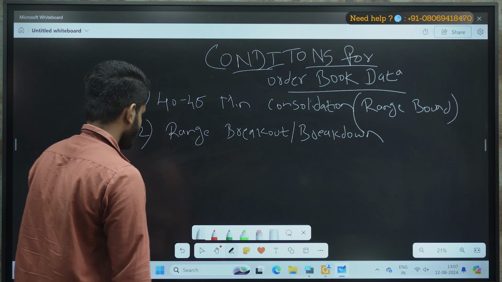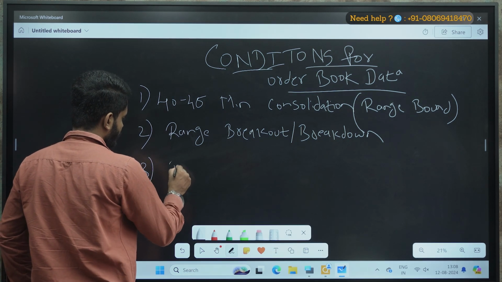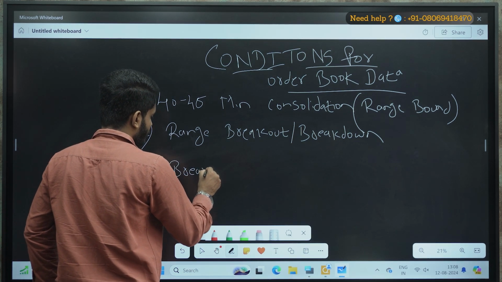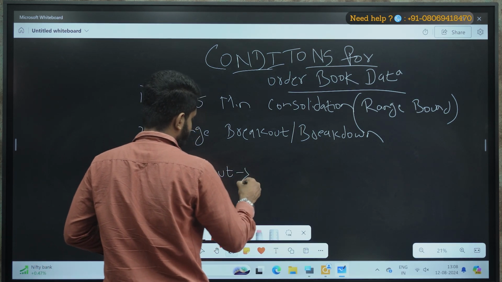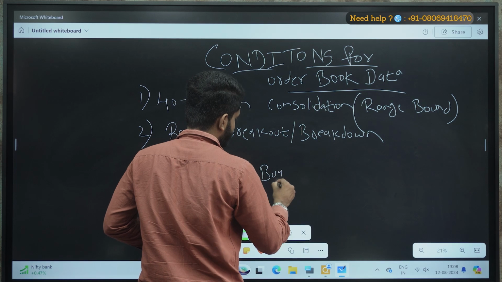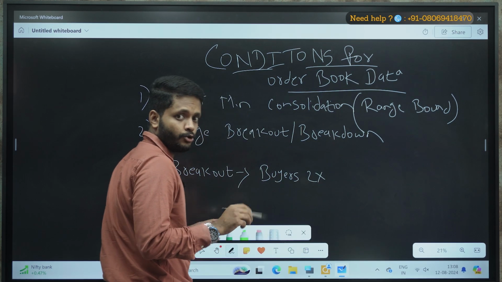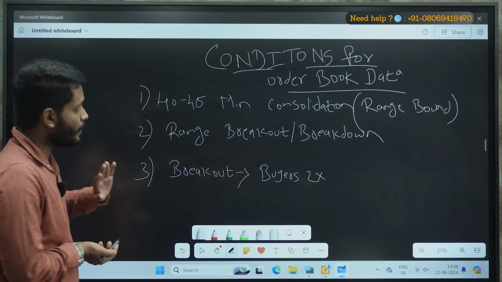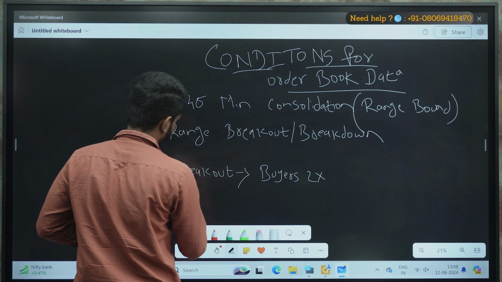Okay, now the third one: suppose we see a breakout after consolidation. If we find a breakout, then buyers should be 2x as compared to sellers. Buyers, I need 2x as compared to sellers, and if it is a breakdown, okay,